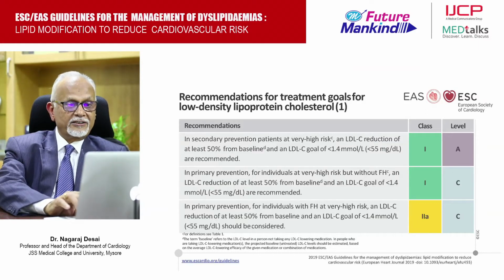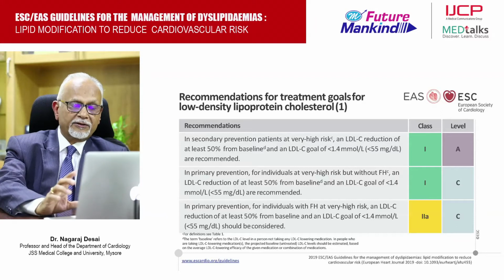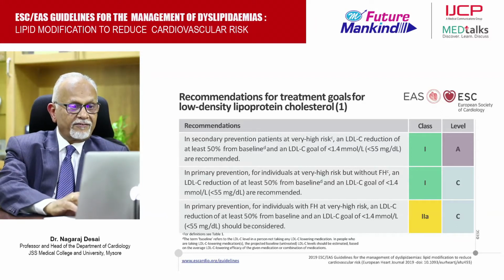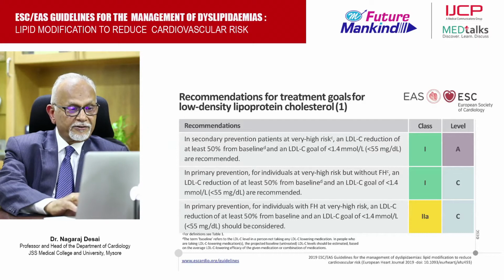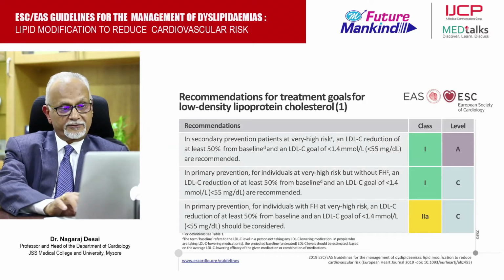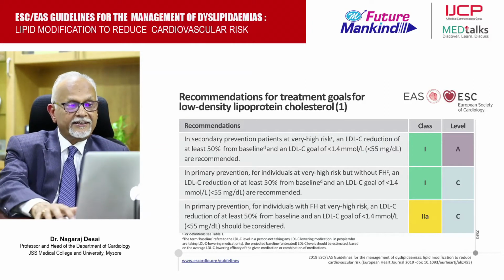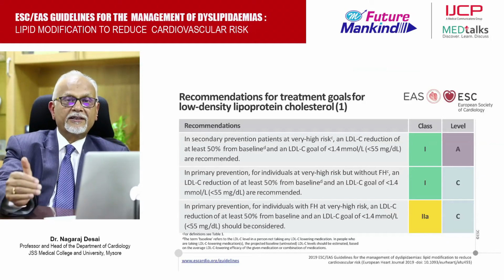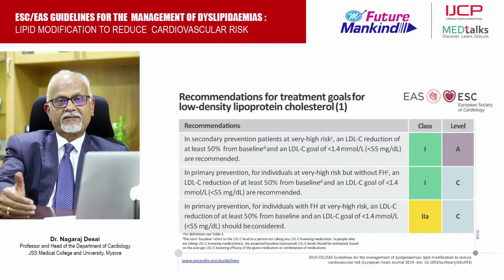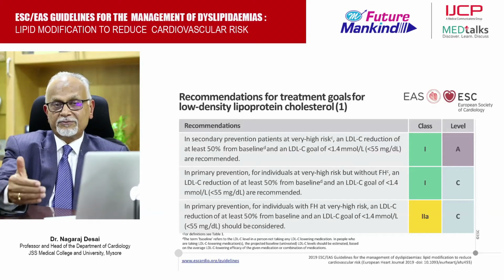In primary prevention, for instance, where the patients have familial hypercholesterolemia, again you can try for 50%. And in primary prevention, if they have a familial history, an LDL cholesterol reduction of at least 50% from the baseline should be considered in all those patients with a familial history of hypercholesterolemia, indicating that in the secondary prevention program, there is no doubt about bringing down the LDL cholesterol to something like 55 milligrams, employing something like a 50%